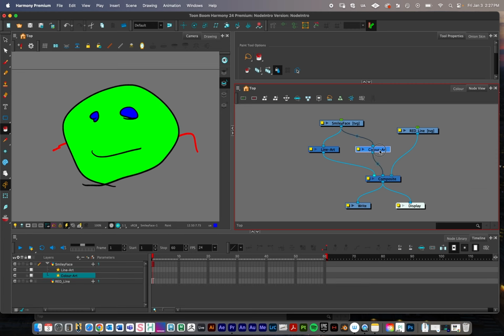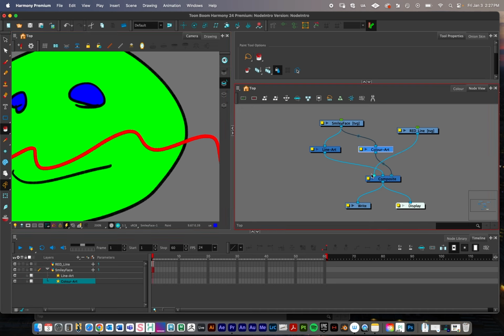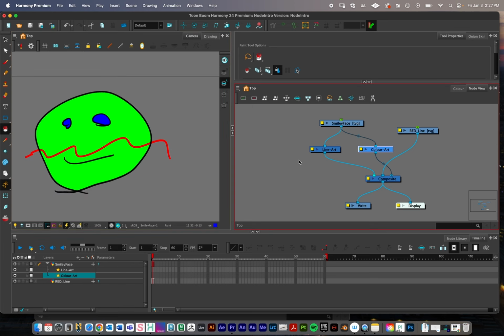There's a whole lot of reasons and ways that you can use this, especially if you're creating a 2D rig with line art. But let's say that for some reason I wanted this red line to go beneath my black line art but in front of my green color art. I can just click that and drag it right there. And now it's sandwiched in between those, right? So this is a great example of an early, really simple node network and how you can use it for